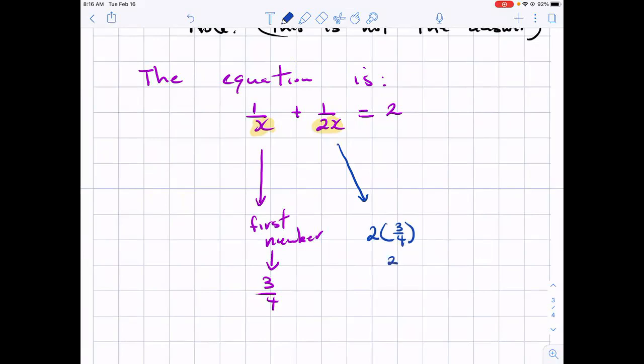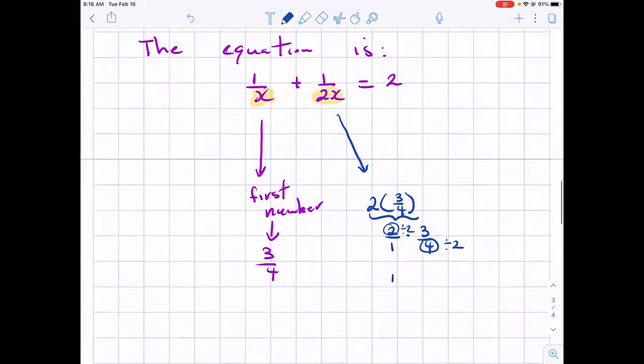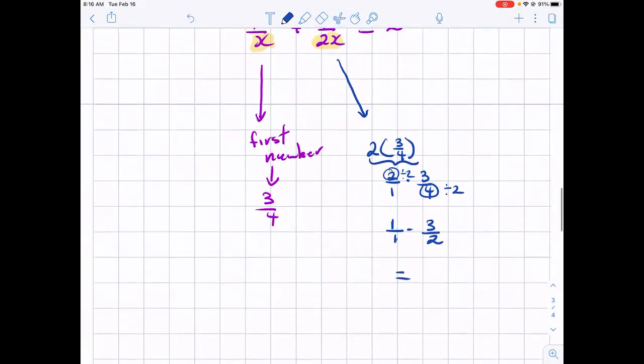which is really the same as 2 over 1 times 3 over 4. And notice you can simplify by dividing top and bottom by 2. So this becomes 1 over 1 times 3 over 2. And now we have our number. 1 times 3 is 3. 1 times 2 is 2. And there we have now our two numbers. So the sum of these two numbers is 3 over 2